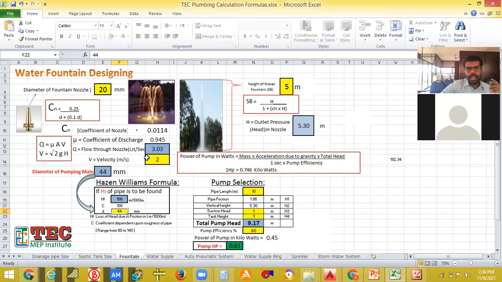Okay, and next what you have to give is the height of the water. So how much height you have to pump it. Some days you need to pump only for 5 meters or 3 meters or 10 meters, it depends. Correct. So you can see here how much height it is going.